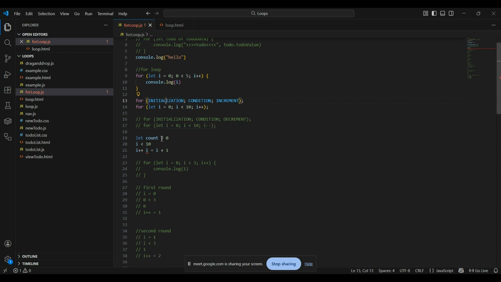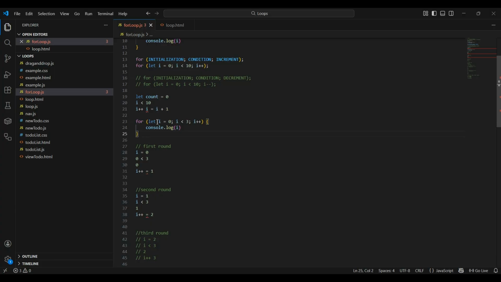So initialization is like let count equal to zero, just like let i equal to zero. Then the condition, whenever i is less than 10. And the increment, keep adding one until the condition is met. And it goes just like this. The block, like we mentioned, starts with initialization, the condition, and increments. And we're trying to understand the flow, what it does